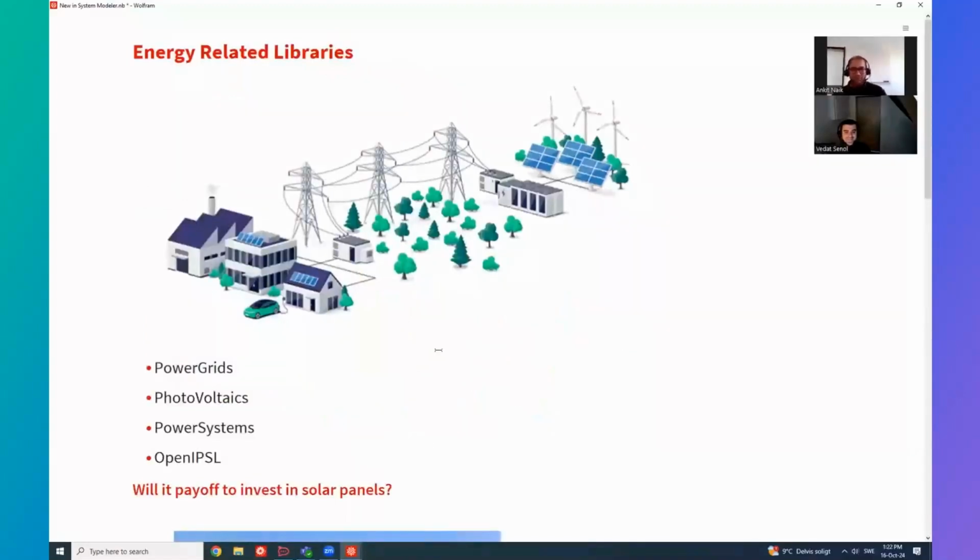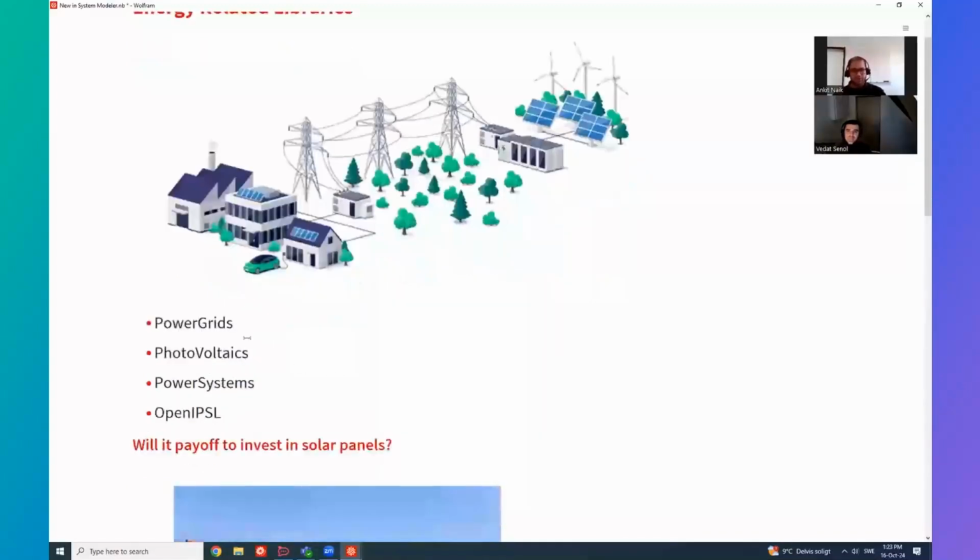Okay, and moving on from belts, we have been focusing a lot on energy, on supporting various third-party energy-related libraries as well. In the past few conferences, we have had presentations on how to model power grids, power systems, and such. And in this conference, we have a focus on modeling PV panels. For that, there is a third-party library by the name of Photovoltaics that we have recently supported, and